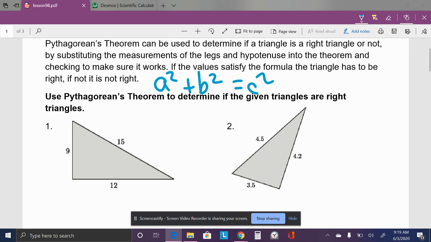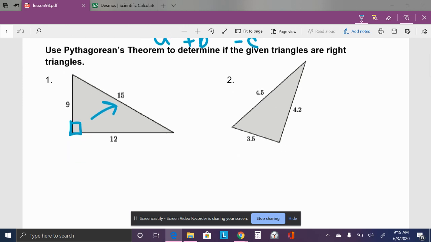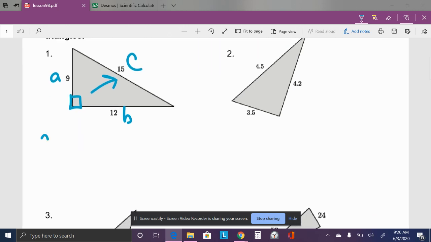Again, the hypotenuse is the longest side. It's across from the right angle. So if my right angle is here, the longest side is going to be across from it. And in this case, it's 15. So we know that is my c, and the other two are my legs, a and b. It doesn't matter which is a and which is b. The legs are interchangeable. All right, so we have 9 squared plus 12 squared